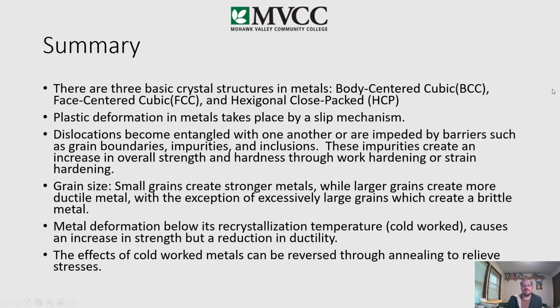So the summary here, there are three basic crystal structures of metals. The two main ones, body-centered cubic and face-centered cubic. And then the hexagonal close-packed is the third. A little bit more complex, but we mentioned the different types. Those are the three main types, the two main ones being BCC and FCC. It would be good to be familiar with those three types. And actually, it's going to be one of the questions here. Probably going to get at the summarization of the